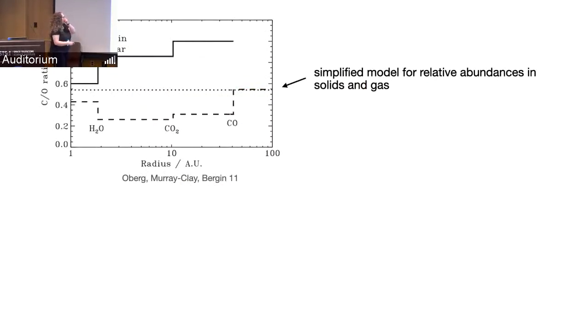Okay, so what does this tell us about the compositions of these planets? So this is a plot, and I'm going to criticize it, and I feel okay about that because I'm on this paper, about the C to O ratio that you expect for forming planets that has made a big impact in the field. I think this is a really important result, but it's also a very simplified model for relative abundances in solids and gas. What this is saying is that your gas in a disk outside of the water ice line, but interior to the CO ice line, tends to be carbon rich. Your solids tend to be oxygen rich, comparatively.